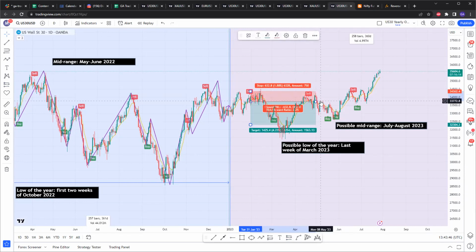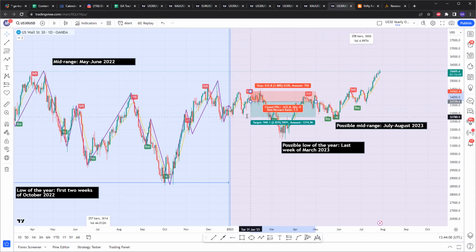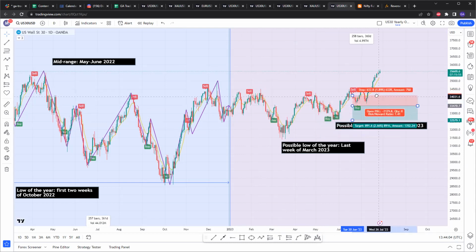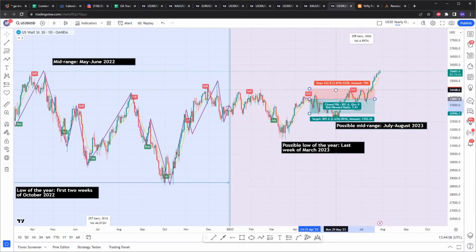So this looks like a 33,744, looks like a 700 pip stop loss. So this one you could have just gotten faked out and price would have gone back down. So I think for these entries, we need to put our stop losses below the previous high or the previous daily high. So for this sell as well, right here,